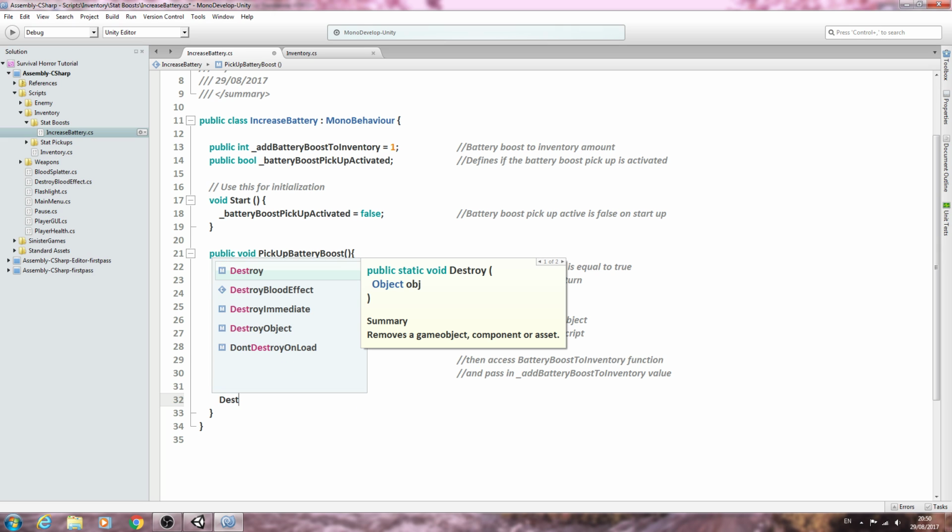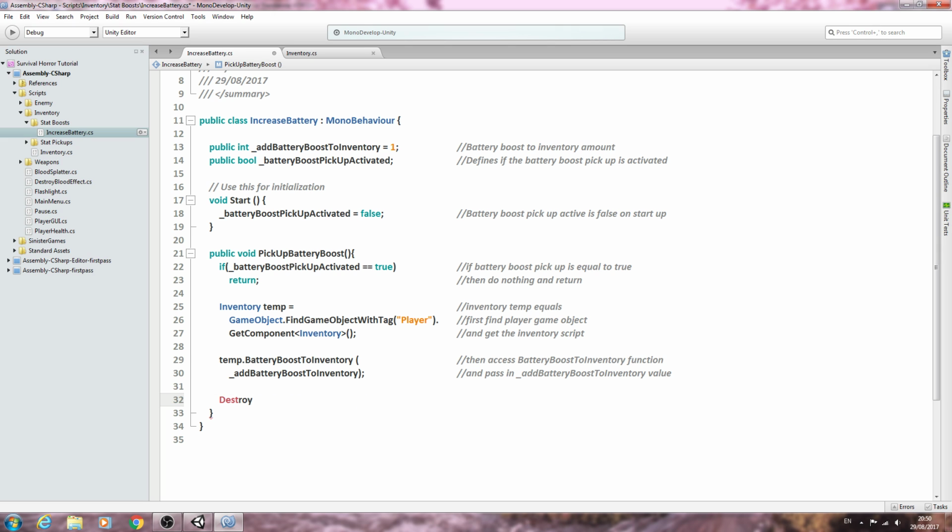But for now, we'll come to the next line. We'll say destroy, open and close brackets. Let's close that line off. And we want game object, this time with the lowercase g. Into the comments. So we'll say destroy this game object,